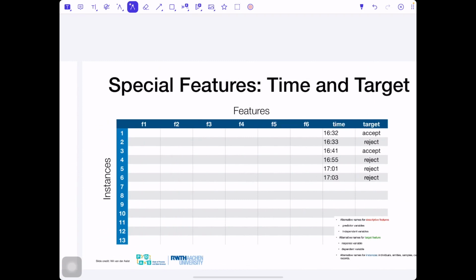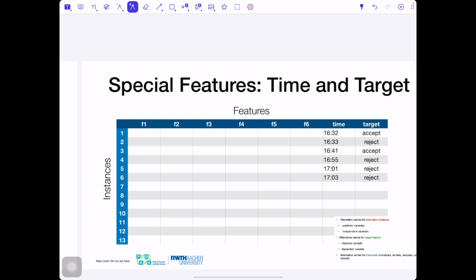If there is a temporal feature, so time, then it often has a special role. You can think of time series analysis or the ordering of events when you are doing process mining or sequence mining. So time is also a special feature. If we are doing supervised learning, we also need to have the target feature, and we refer to such features as a label.